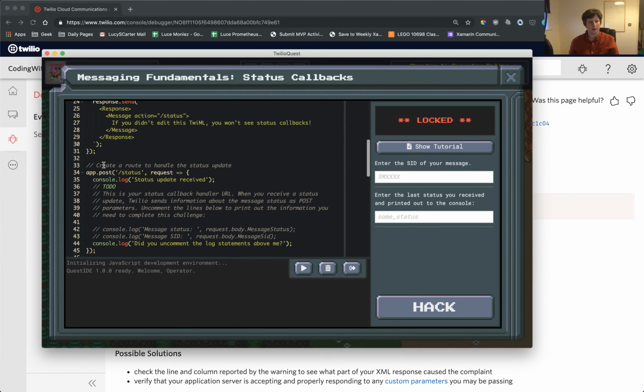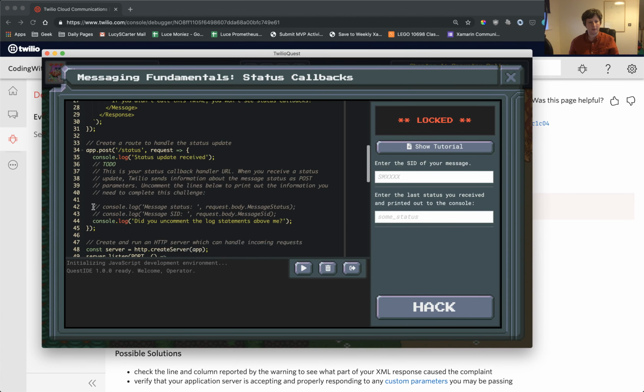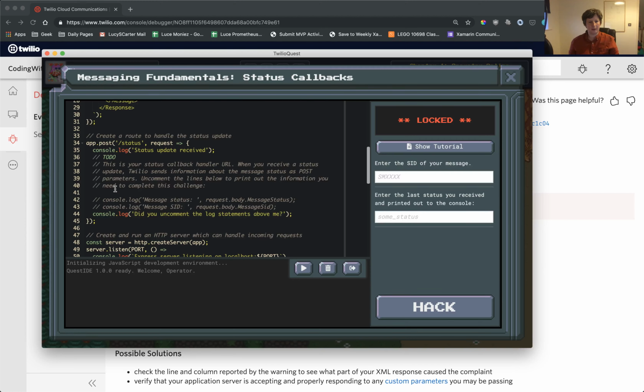Done that. And now this is a /status endpoint. So this is your status callback handler URL. When you receive a status update, Twilio sends information here, okay? So we can delete those two, which will automatically send the SID and the status, and we can comment that out. So if we run that now,